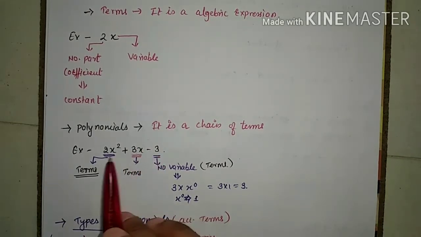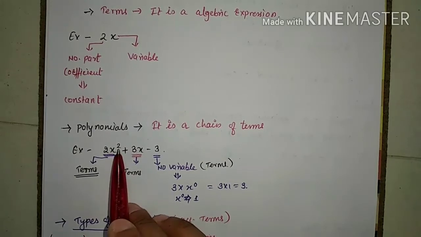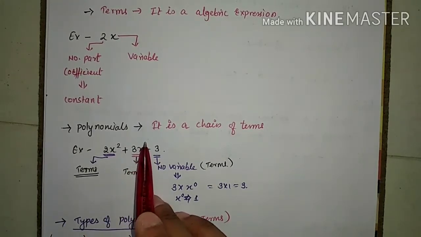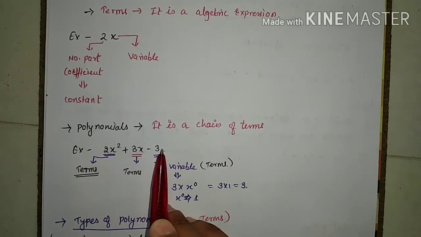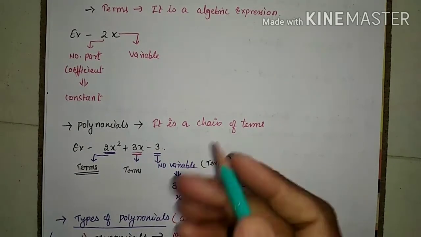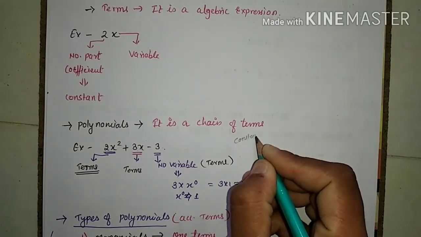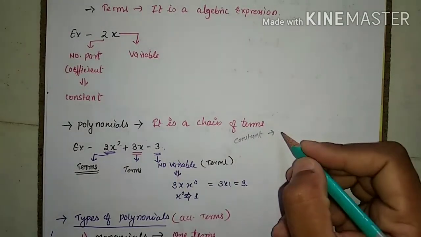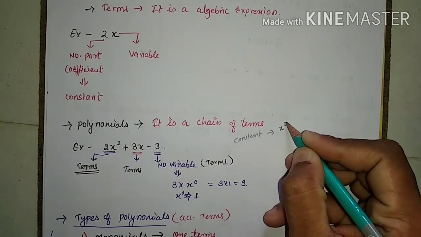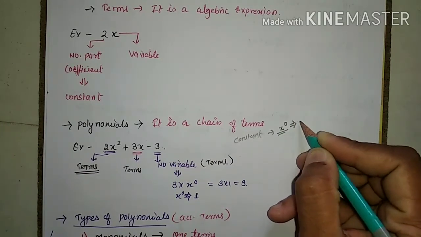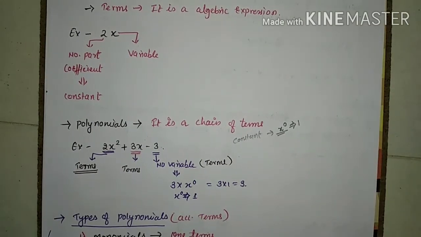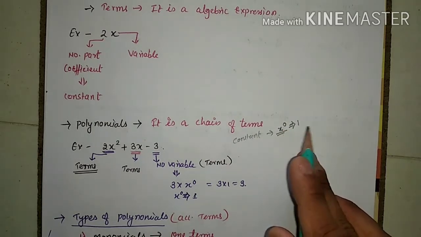Okay, so here how many terms? 1, 2 and 3. So this 2x square, the power of x is what? 2. Here the power of x is what? 1. Here the power of x is what? 0. Why is it 0 here? Whenever we have any constant term, we always consider the power of the variable as 0, and any variable to the power of 0 is always equal to 1. We have done this in the last exercise of the number system. I gave you some laws of exponents. You have seen it. Power 0 is equal to what? 1. So this is coming from that only. So whenever anything has a power of 0, the value is always 1.